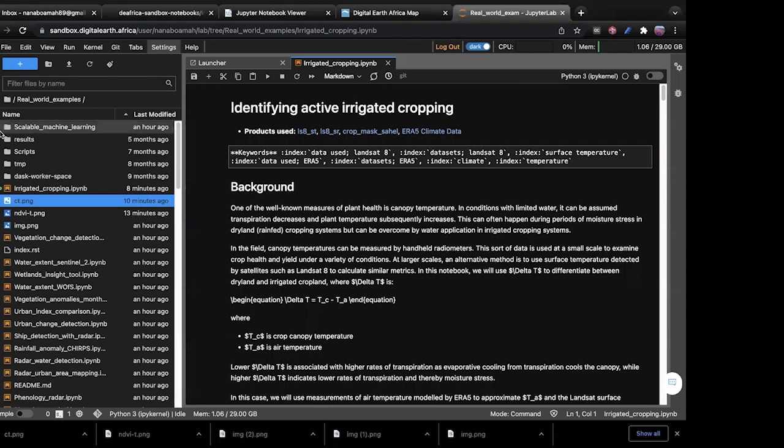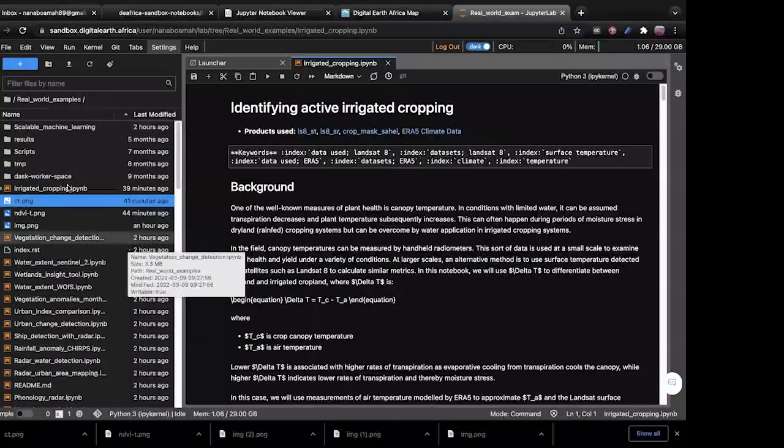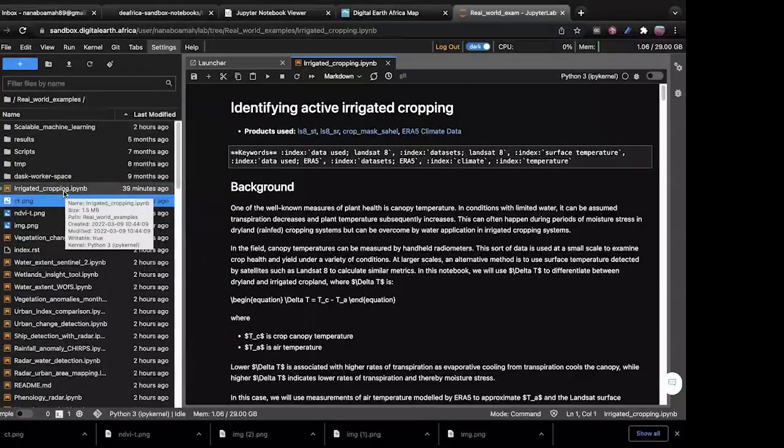If you log on to your notebook, you choose the real world example folders. Inside it, you are going to see the notebook called irrigated cropping. Before you go through the notebook step by step,